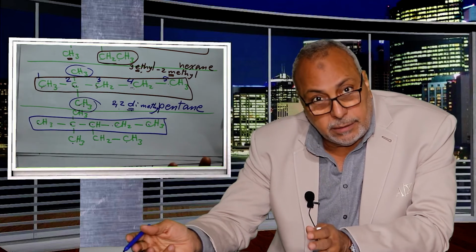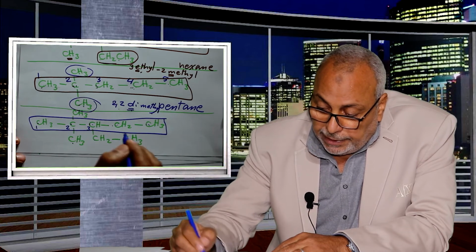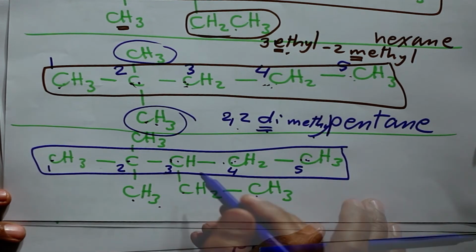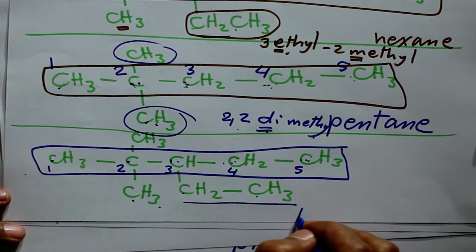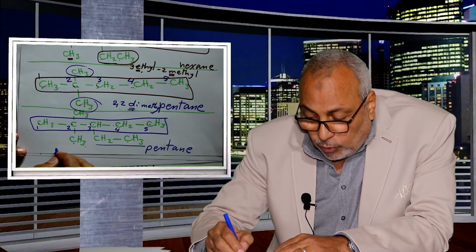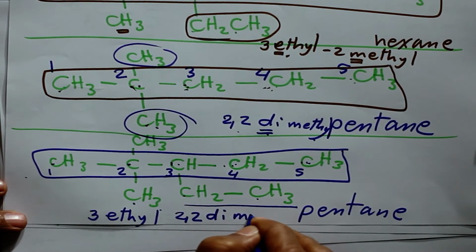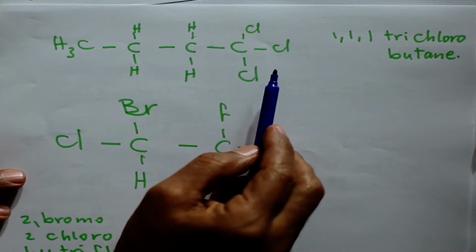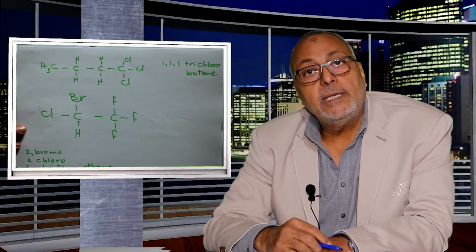We will start numbering from this end: 1, 2, 3, 4, 5. At carbon number 2, dimethyl. At carbon number 3, ethyl. And the long chain is pentane. Carbon number 3, ethyl. We will start with it according to alphabetic order: 3-ethyl-2,2-dimethyl. If we have halogens in our molecule, as we see 3 chloro, we can number and choose the longest